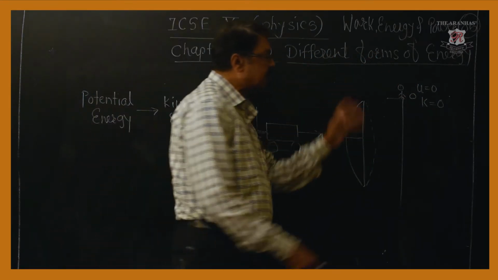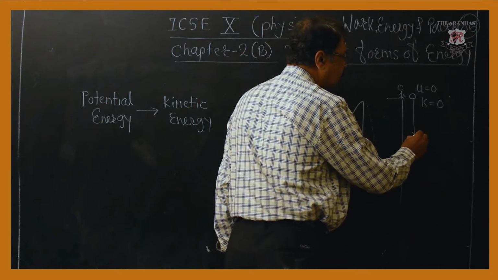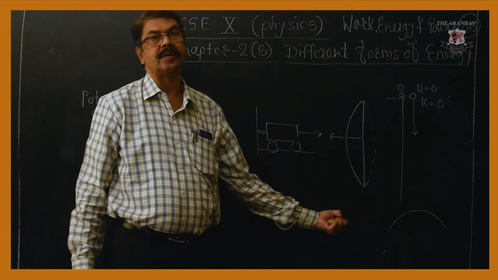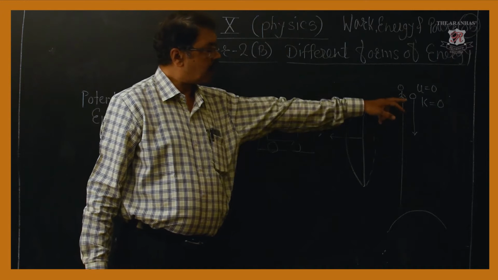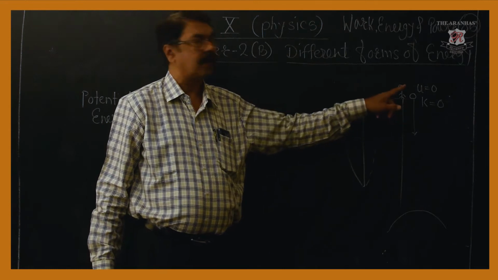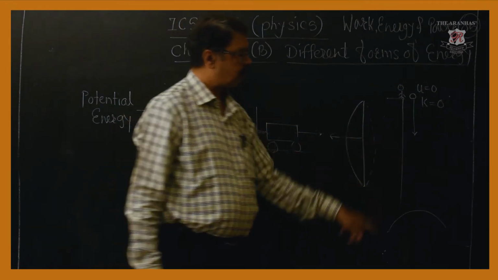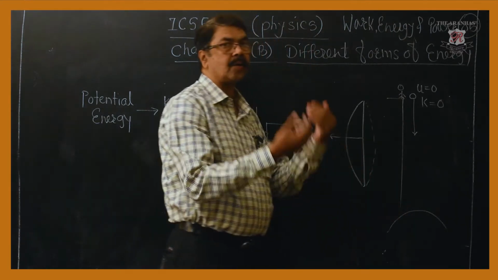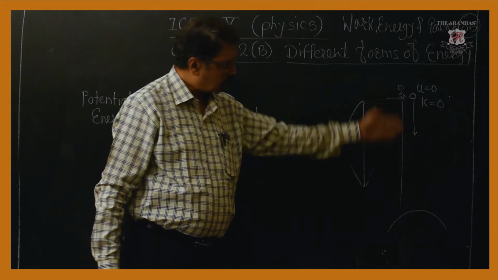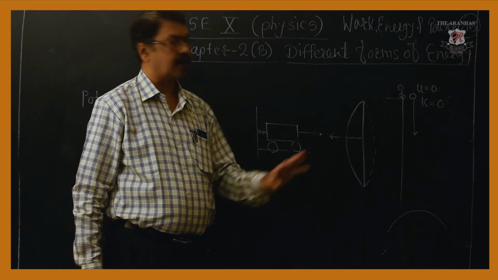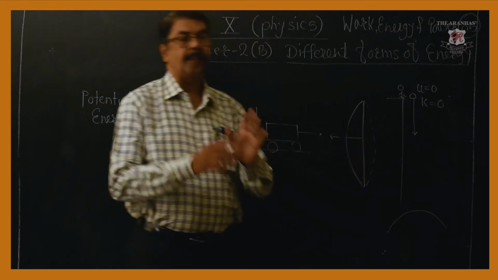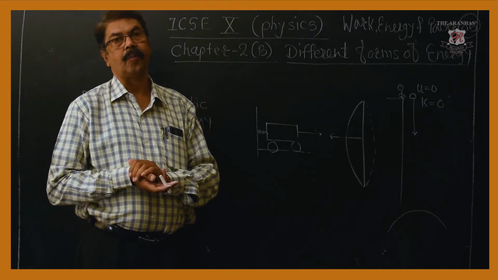Now if the boy releases this stone, what is going to happen? The gravitational force of Earth will pull it towards itself. We know this. In the process, the gravitational force is doing work on the stone, and we can easily understand that as the stone falls, its velocity will go on increasing. In the next part, we are going to prove that total energy along the path remains constant. Same thing we are going to do for the simple pendulum. But remember, there can be conversion of kinetic energy into potential energy.